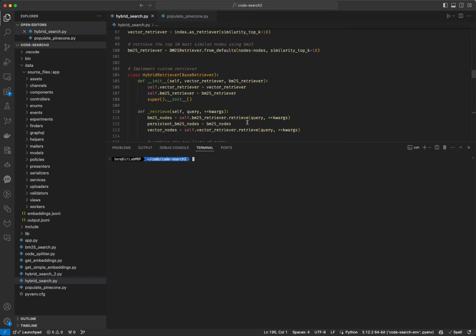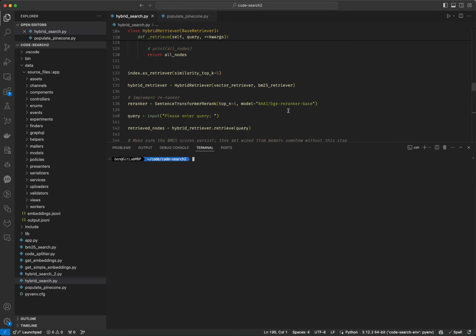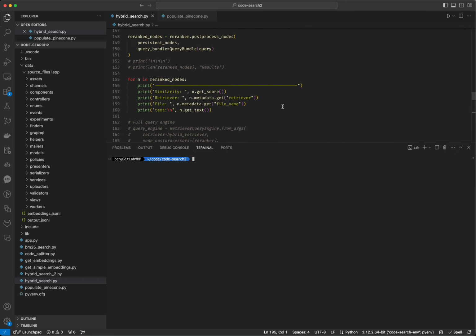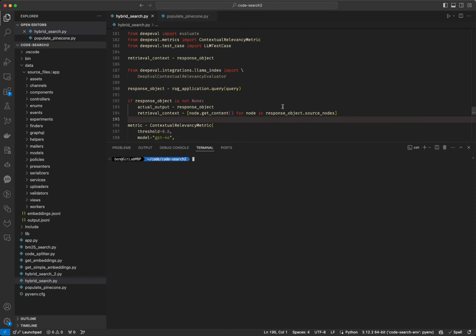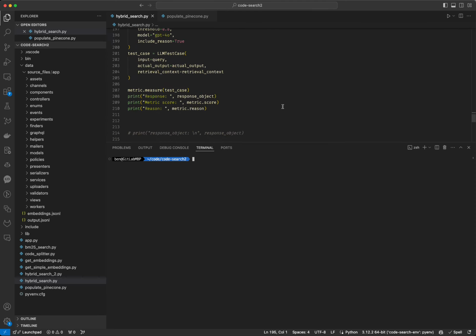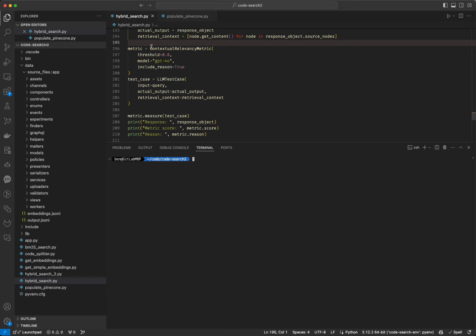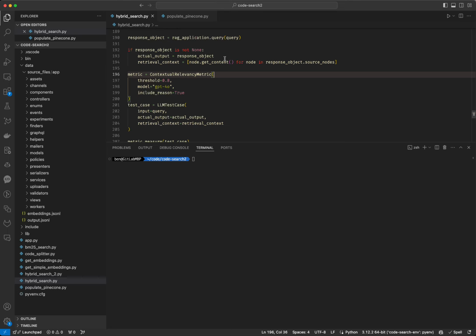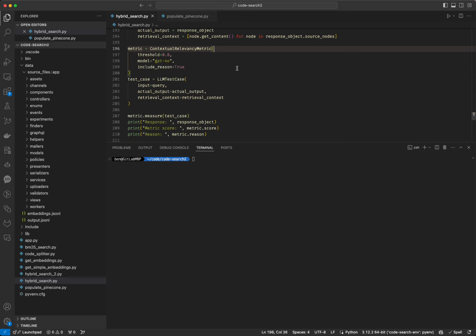using a small language model for re-ranking, and then provides output, and then the output is tested for relevance, contextual relevancy. What we're retrieving is tested for relevance by GPT-4o. So DeepEval is a project for using LLMs to evaluate a bunch of different metrics and to evaluate LLMs themselves. But in this case, we're just going to use it to evaluate the quality of the search results